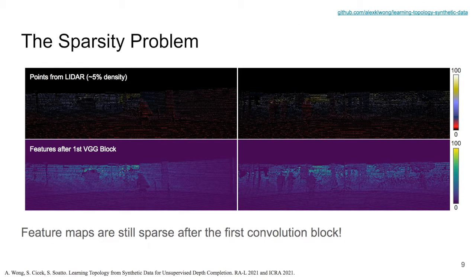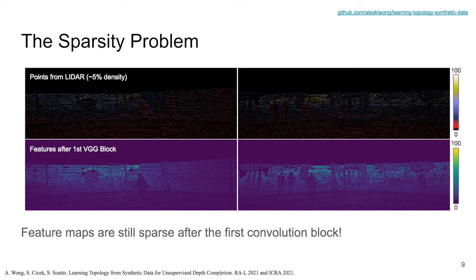In order to process the sparse inputs, the kernels in the earlier layers are wasted on densifying the features to propagate the signal. For example, in the top row, we have the sparse point clouds from a LiDAR projected onto the image plane. And on the bottom row, the activations after the first convolutional block of a deep neural network. The resulting feature maps are a little denser, but still sparse. So, to process sparse inputs, one would either need a very deep neural network with many layers or some complex